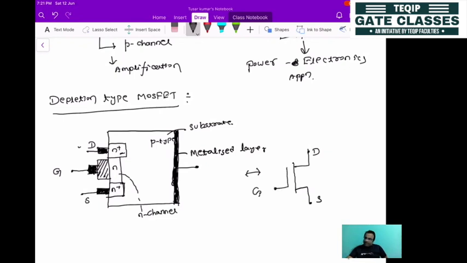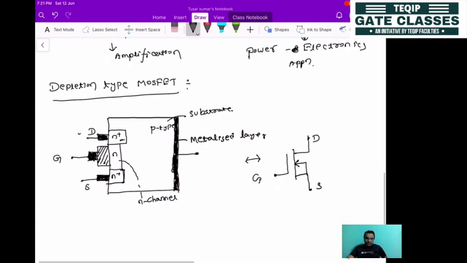Okay, but another thing, for the N channel, there will be one direction shown. So what is this direction? That we will come to know after doing the analysis. You see that this will be the movement of charge carriers. The direction will be showing the movement of charge carriers.